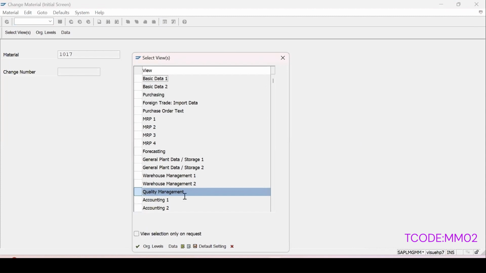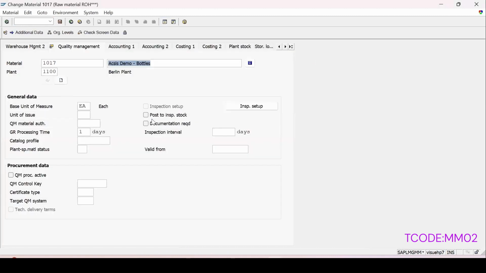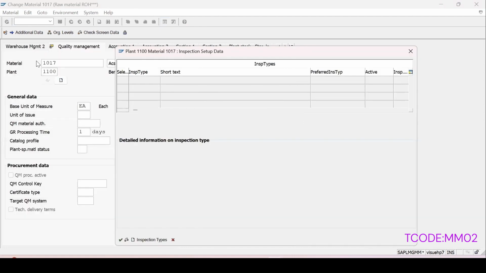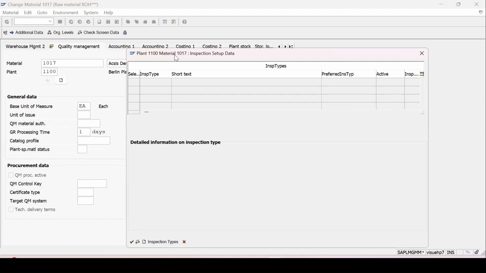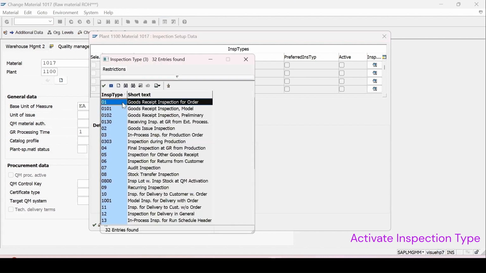Here the quality management view is present on this material and the plant is 1100, enter. And in the inspection setup, at present no inspection type is active. I want to do the inspection and the kind of inspection which I want to perform on this material. Here, if I click on this, create inspection type, it will give me the complete list of inspection types which I can